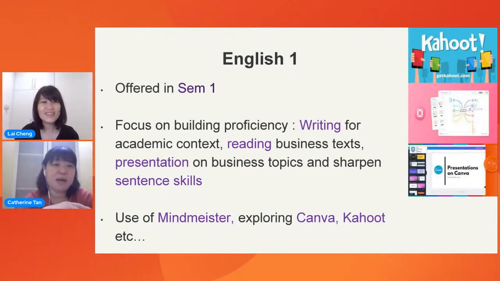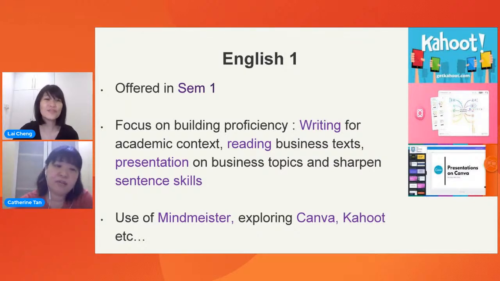More on the initiative part. Yeah, I agree. The students that we have are very, very creative, and if they put their minds to it, they can accomplish a lot of things. You can truly believe that. Imagine that at first they told you that this topic is dry, and later on they are able to use their creativity to do up a presentation and learn something from it. So that's about all for English 1.